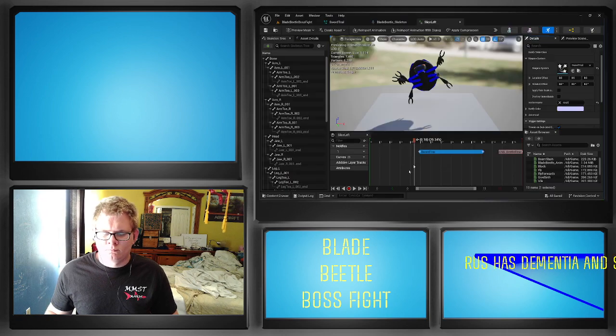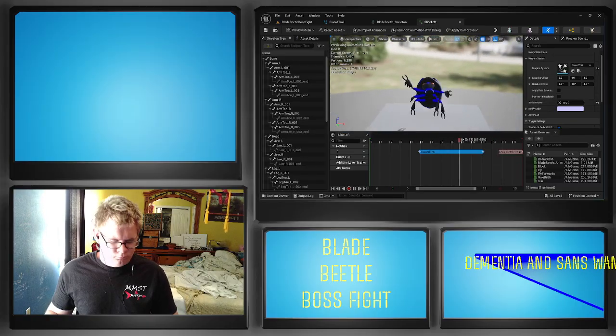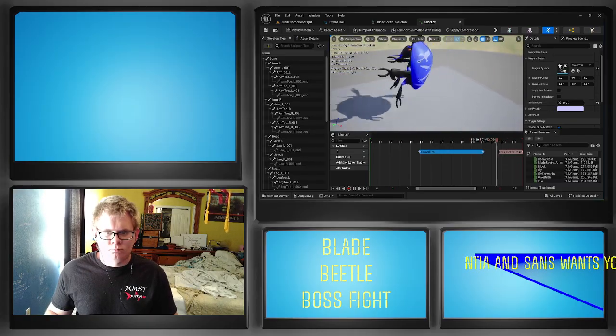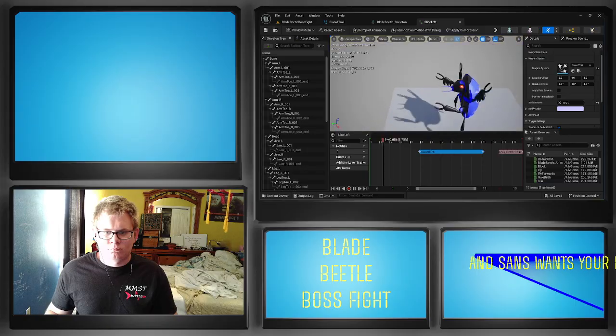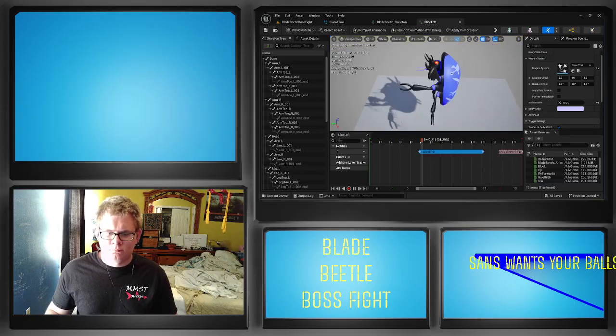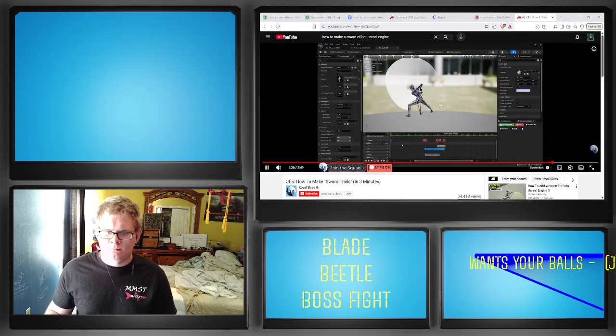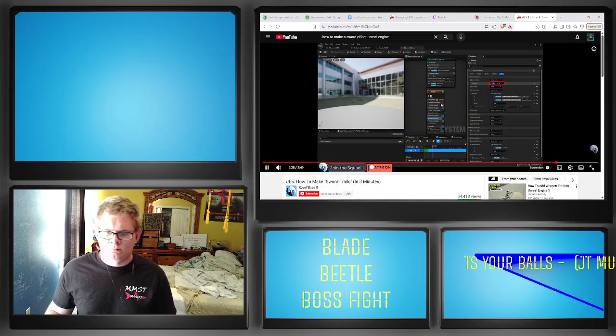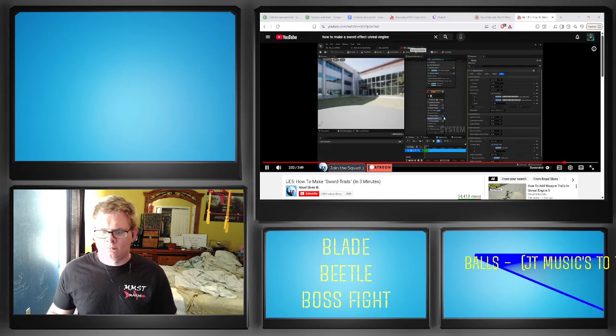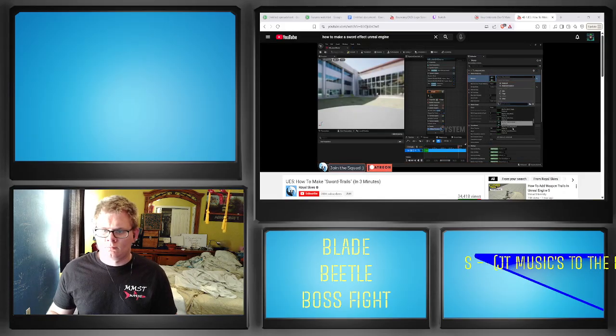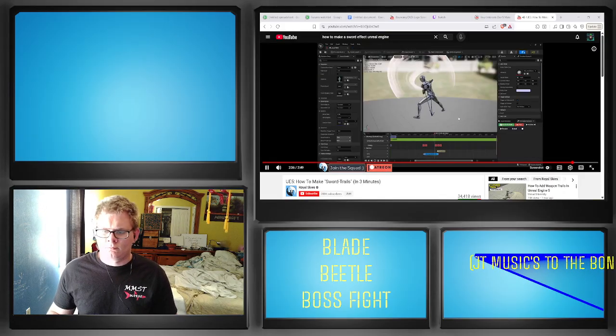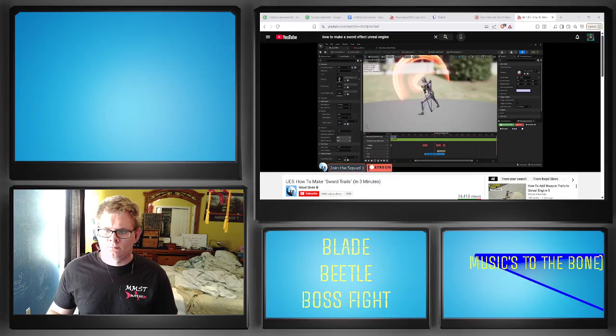If your trail is lasting too long, it's probably because the life is too long, so again, 0.3 might be a better number. And here's the cool part, you can change the look of this trail just by swapping out the material here. I absolutely love this effect, it's my favorite one, and I hope you guys